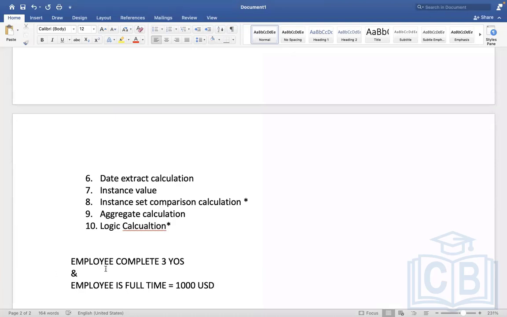Here I need two criteria. Employee years of service I need, employee time type also I need. In that condition, I need an and condition. So for this,